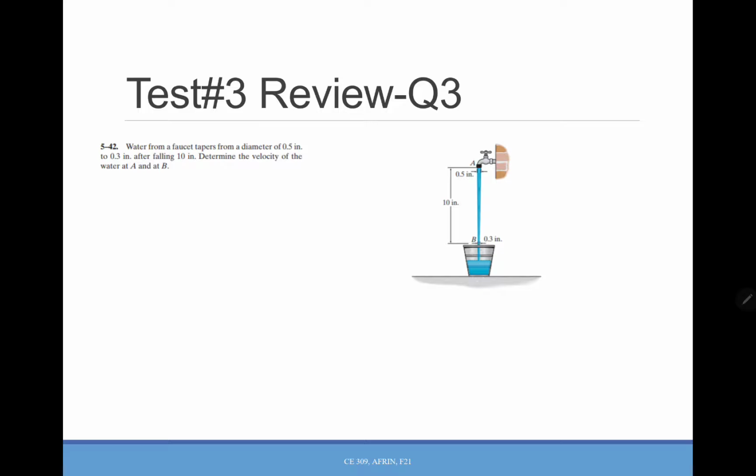So you will just apply Bernoulli's equation in between A and B. So it will be PA over gamma plus VA square over 2G plus ZA